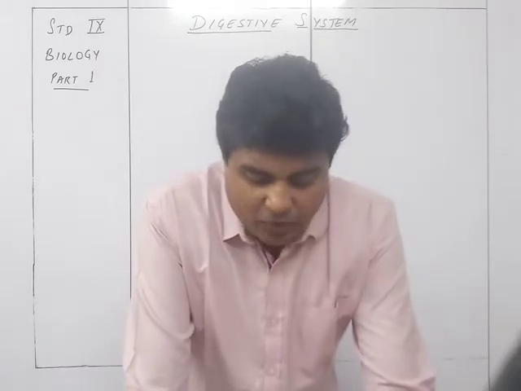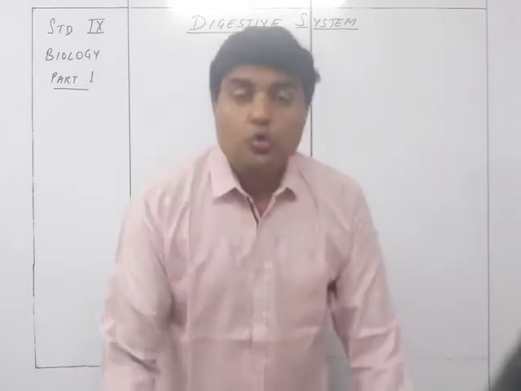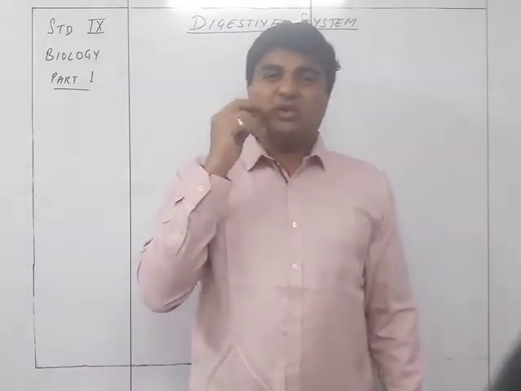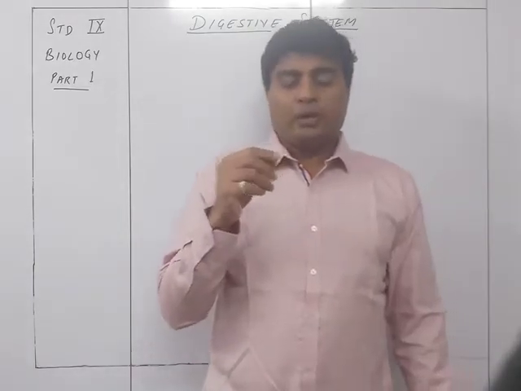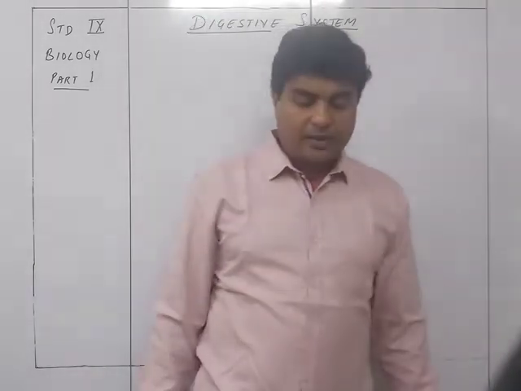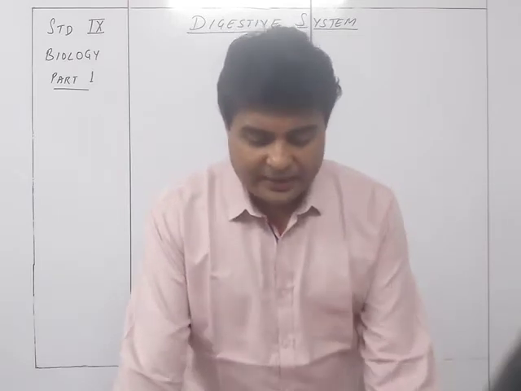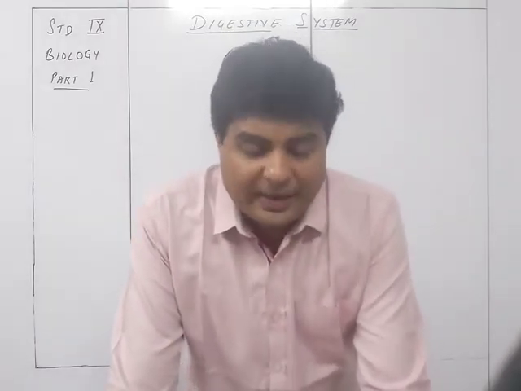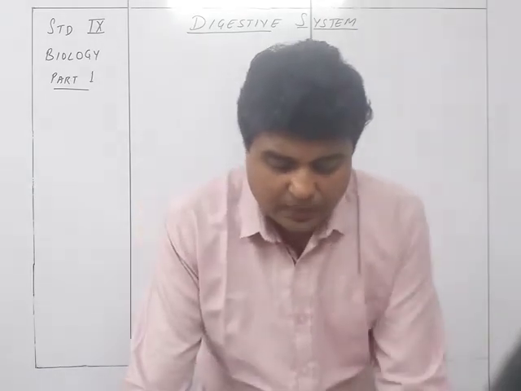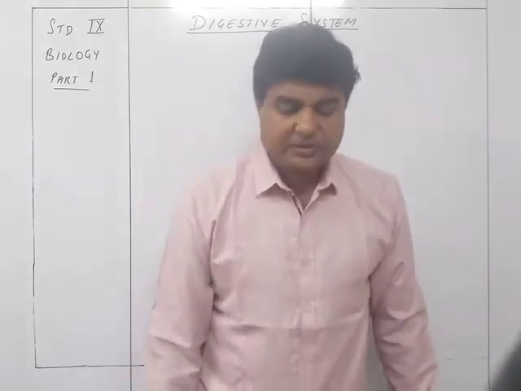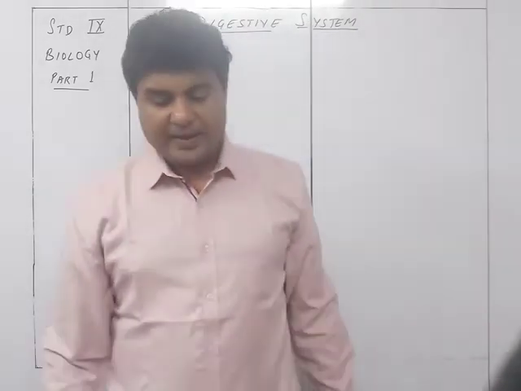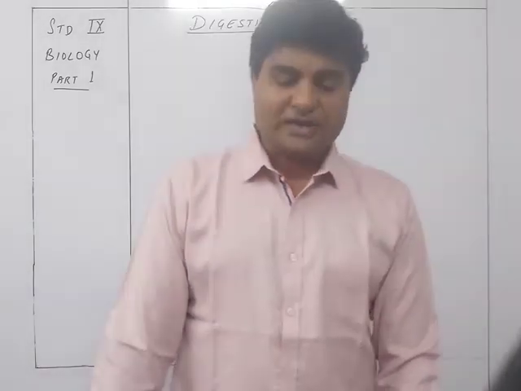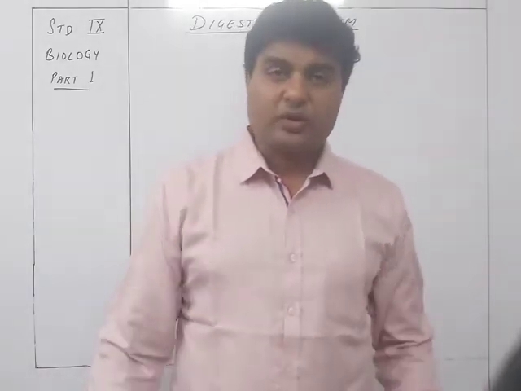The next are the premolars. The premolars are 2. So after the canine are the 2 premolars, 2 on each side in each jaw next to the canine. Each premolar has 2 hill-like projections or cusps on its surface, and hence is known as bicuspid. Okay, bicuspid because it has 2 cusps.